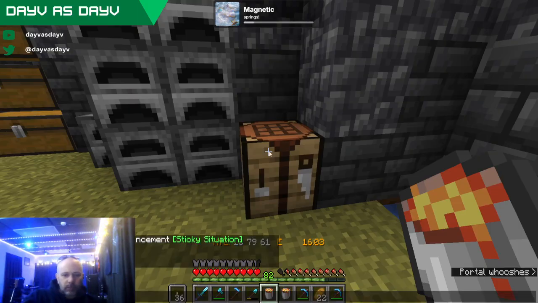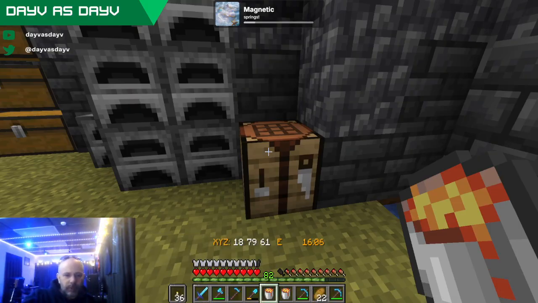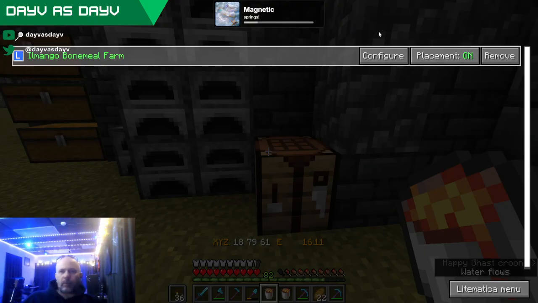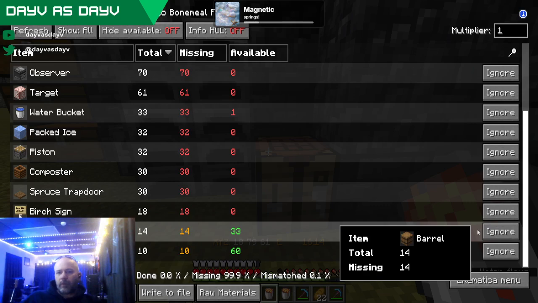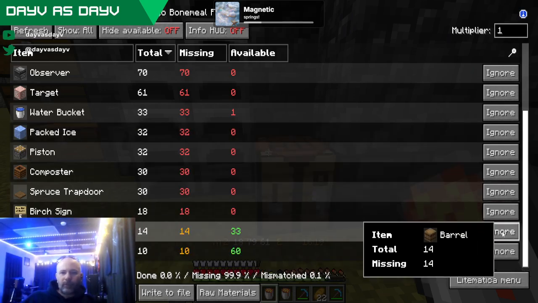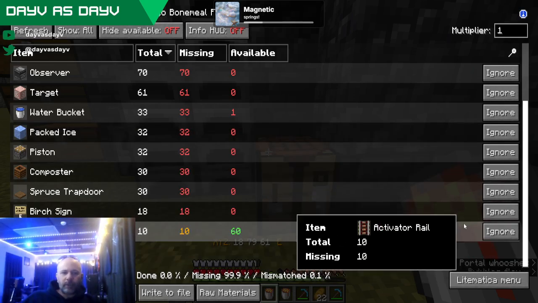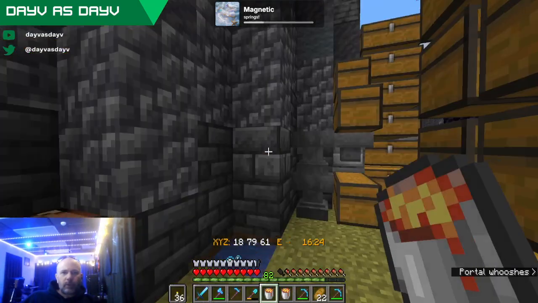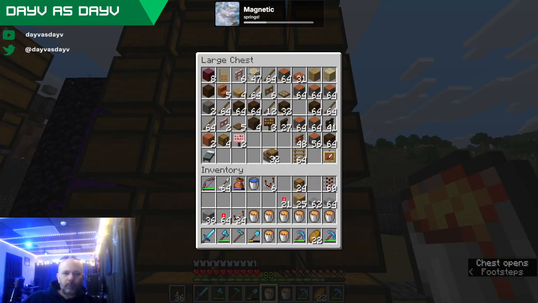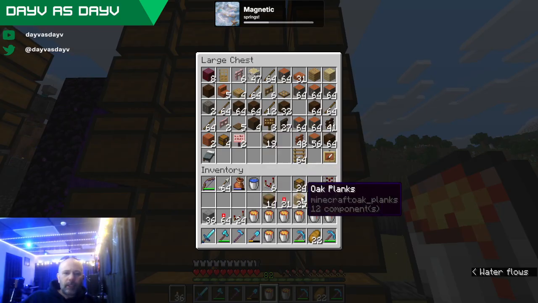We'll make a bunch. Oh, that's not it. Checking the material list for barrels, we needed 14. So just keep 14 of this. Put the rest of them back in here. Composters, we do need that as well, so we're going to make some more slabs.